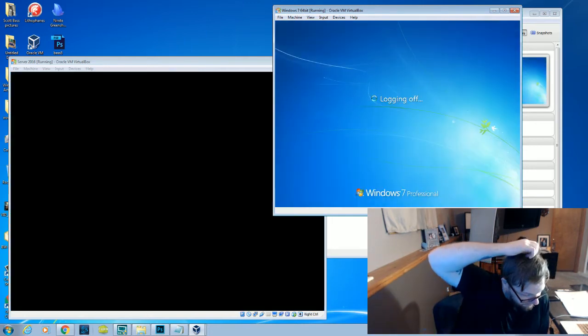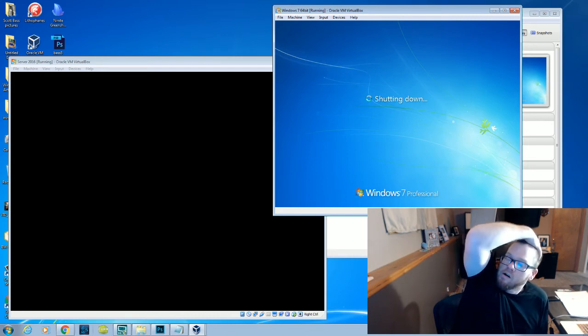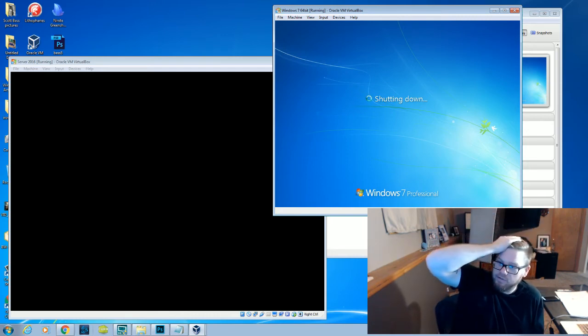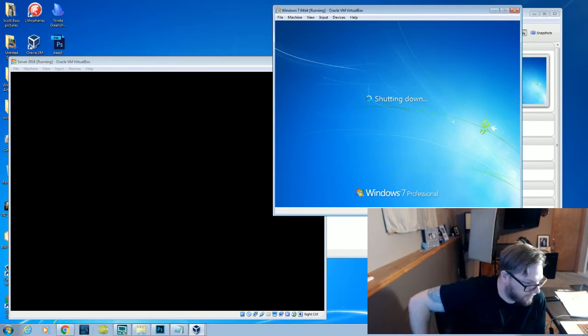I think the last time I did the VirtualBox was like six months ago, a year ago.